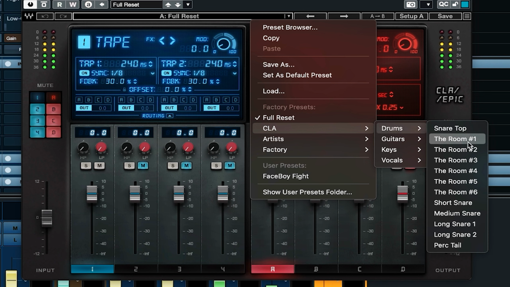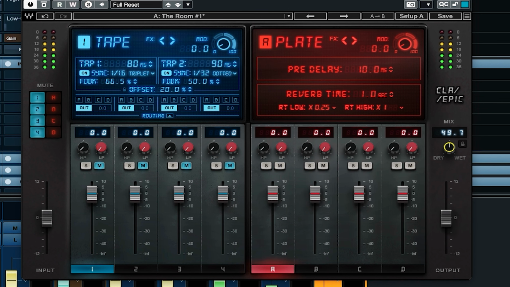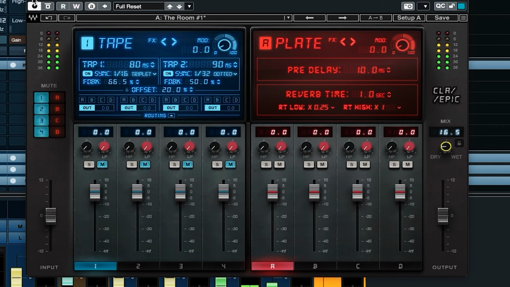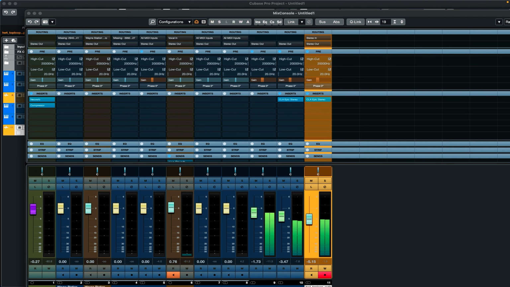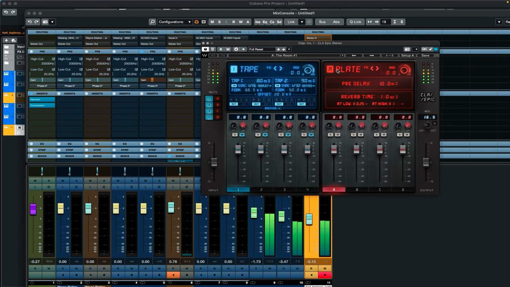So I'm going to pick this room one here to give it a bit of depth, and I'll just take this down to the dry. Now the best way of doing this would be to put it in an auxiliary track or an effects track or something like that, and then set the dry wet to full and then put that through your sends. So I'm going to copy this over to the clap,